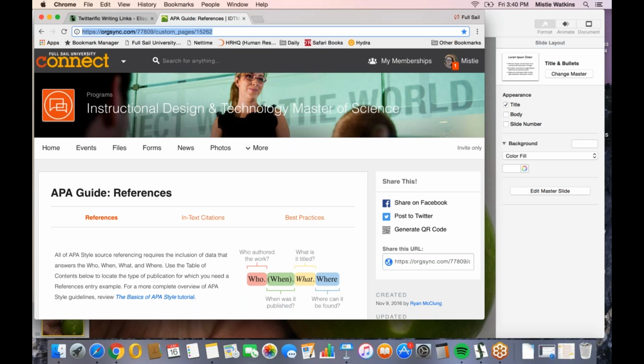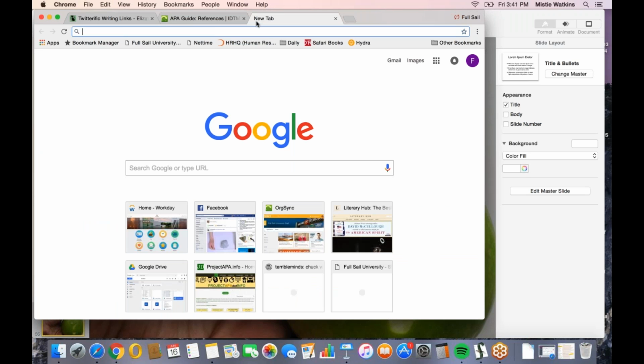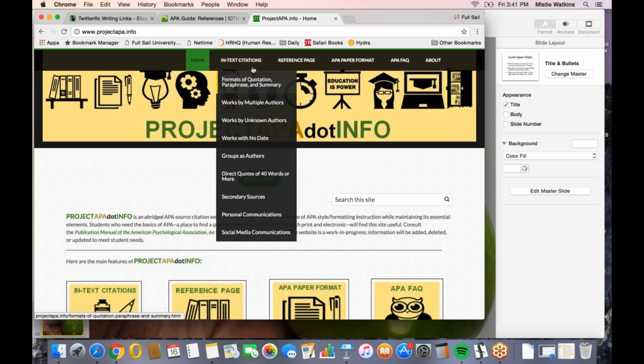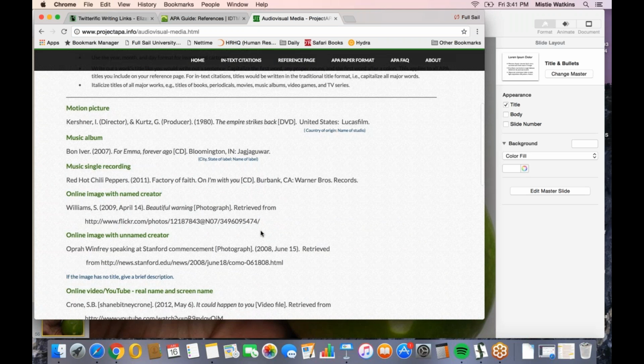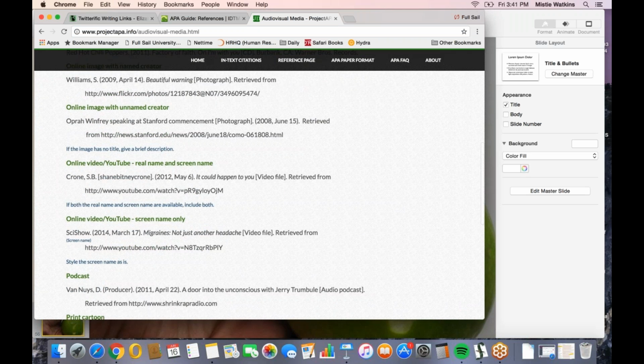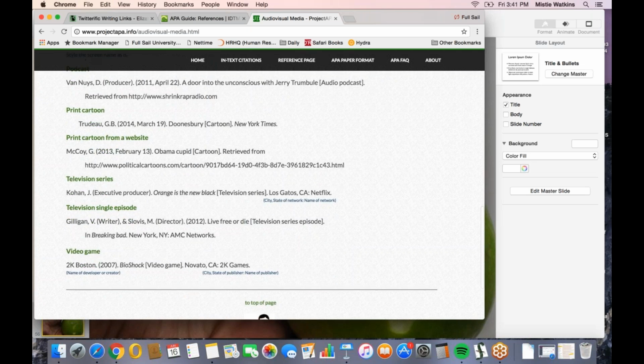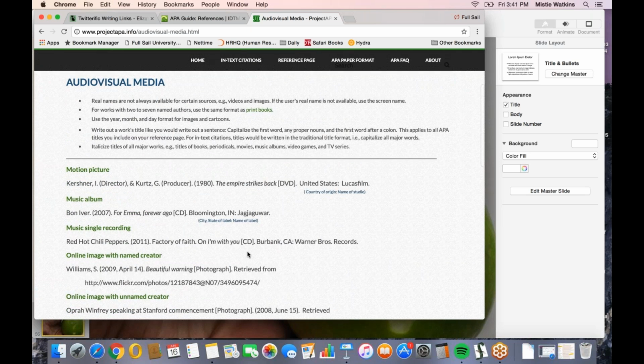This is a really good one to use. ProjectAPA.info and this one that I'm posting right now were both made at Full Sail, and I like them a lot. ProjectAPA.info is one of my favorites because it's super easy to use. Someone was asking how you cite an audiobook, and my guess is that if ProjectAPA.info doesn't have it,